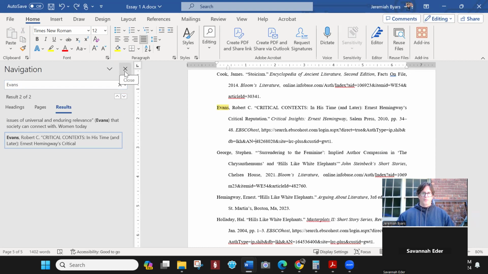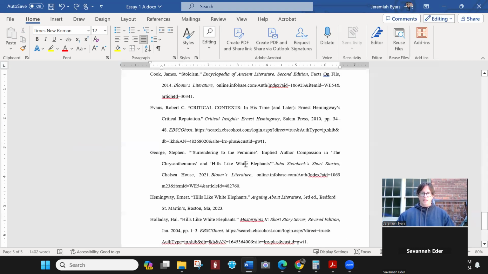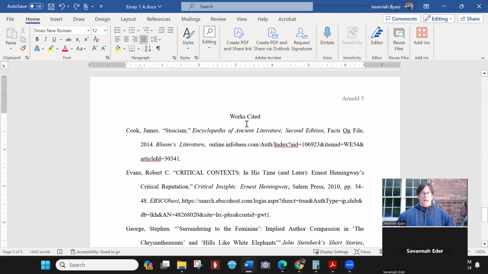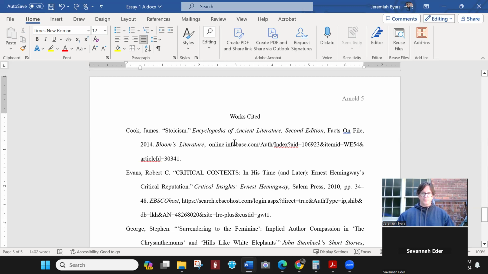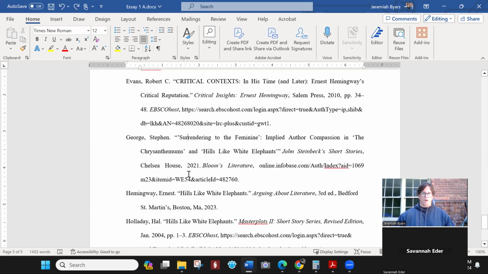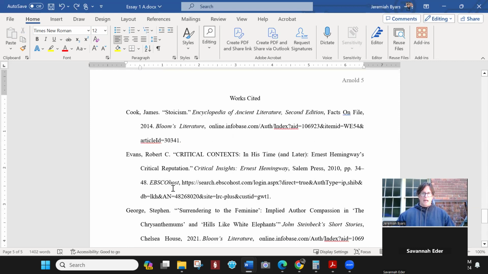Okay, there are no sources that were used in the essay that are not listed here, and there's no sources on this list that weren't used in the essay. Okay, we have proper titles. The titles of the articles are in quotation marks, and then the titles of the publishers or the main source of the journal, whatever,